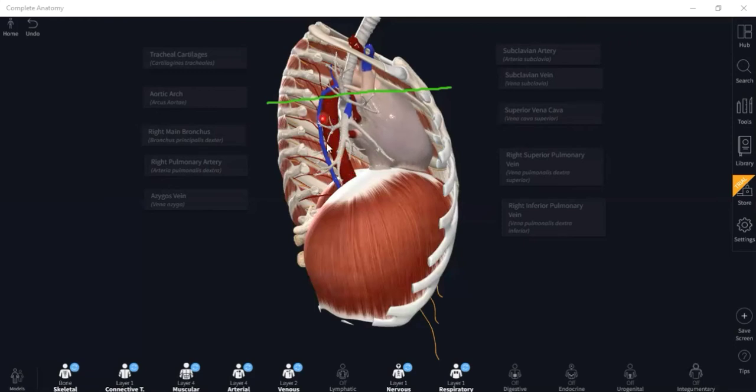Then we have the inferior and the superior vena cava, and we have the azygous vein as well. As you can see, this bluish structure is the azygous vein. Similarly, we have the inferior and the superior vena cava in this region as well. We have another structure, the trachea, as well as the esophagus in the posterior mediastinum. In the middle mediastinum we have the pericardium and the heart, and in the anterior mediastinum, we have the internal thoracic artery and the internal thoracic vein. So these are the contents of the mediastinum.